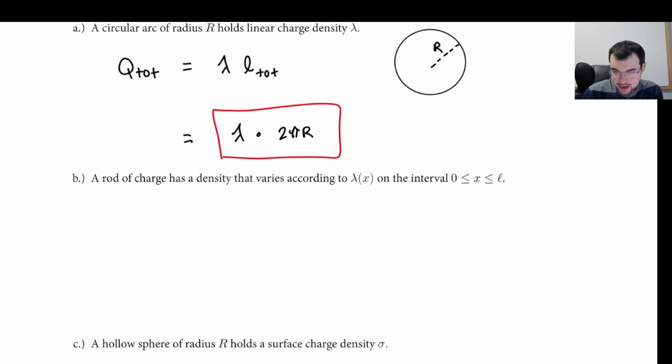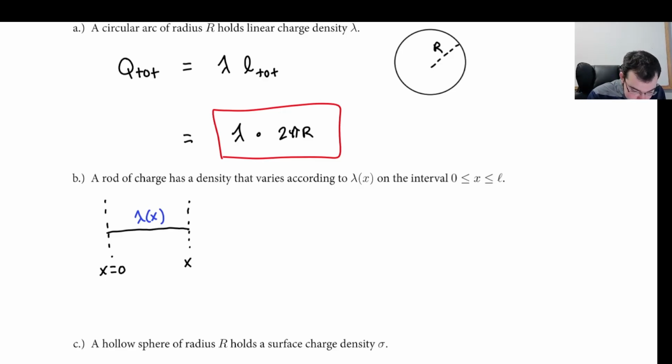A charged rod on 0 to L has a varying charge density. And I didn't even state what it is because we'll get all these different charge density formulas. So we're just going to do it in general. So a rod is set up like this. It has a varying charge density. Well, we know that